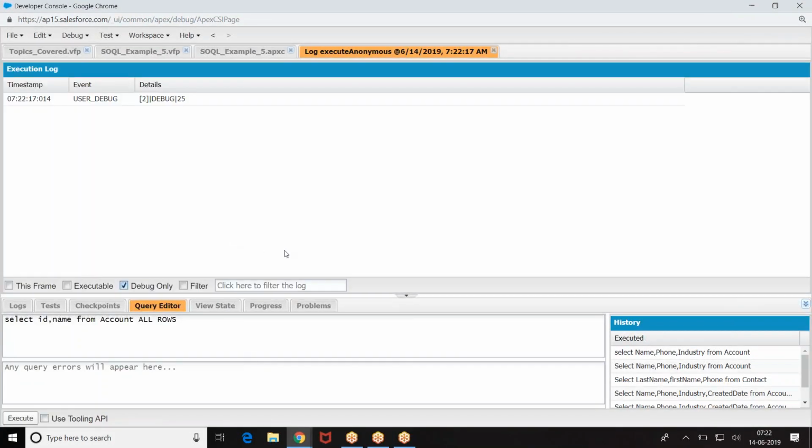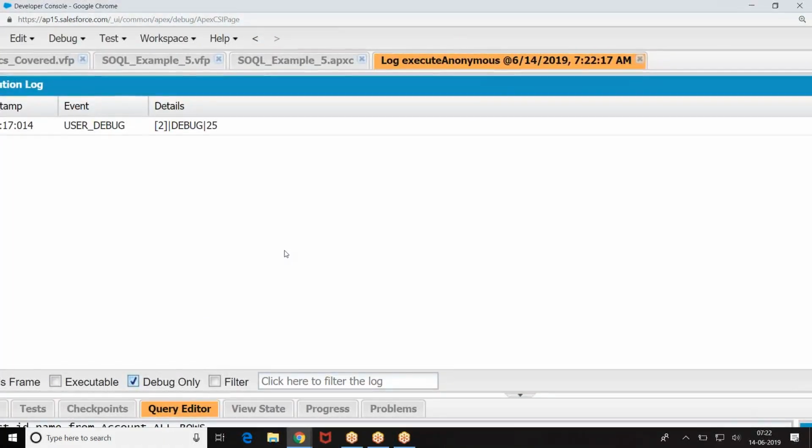So how many records did we get here? 25. Actually in the object how many records do we have? 15. So what about the remaining 10 records? They are deleted, but still they are in the object. That means IsDeleted equals true. The moment IsDeleted is true, the record is deleted, but still it is in the object.